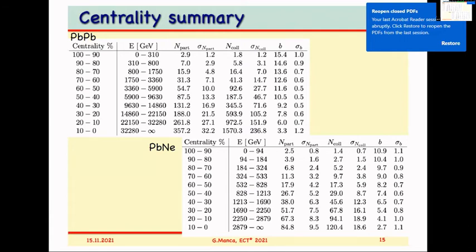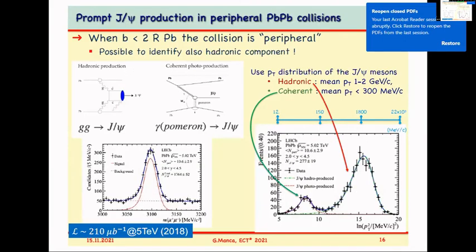And here are all the numbers in all the bins of centrality that we have, and all the different quantities with their uncertainty. And this can all be found in the paper, if you could see here what is written. Okay, so then using these quantities,